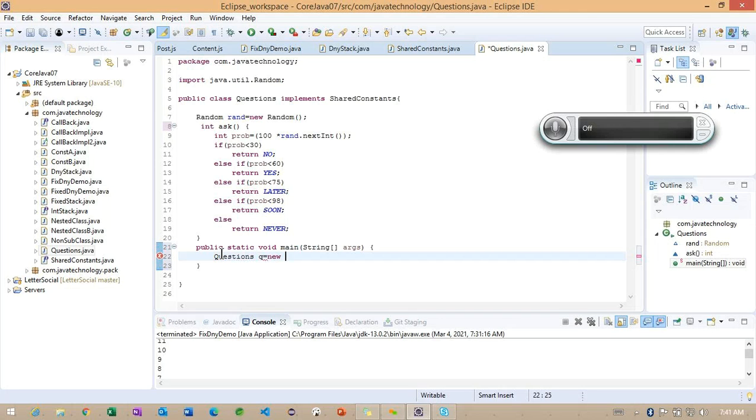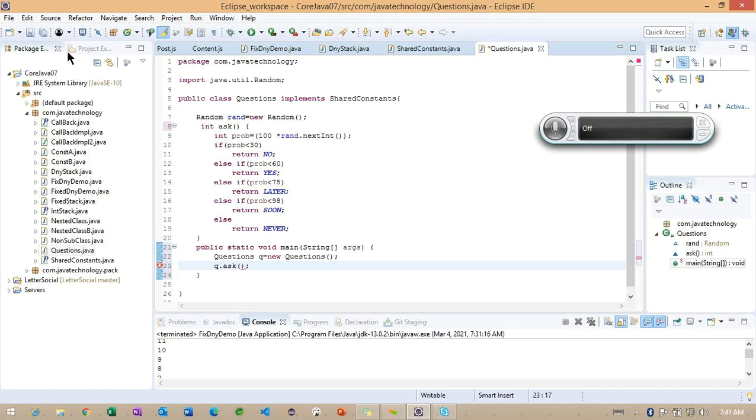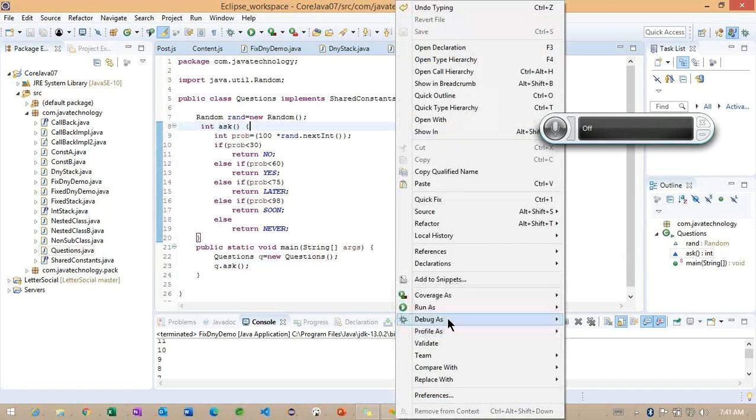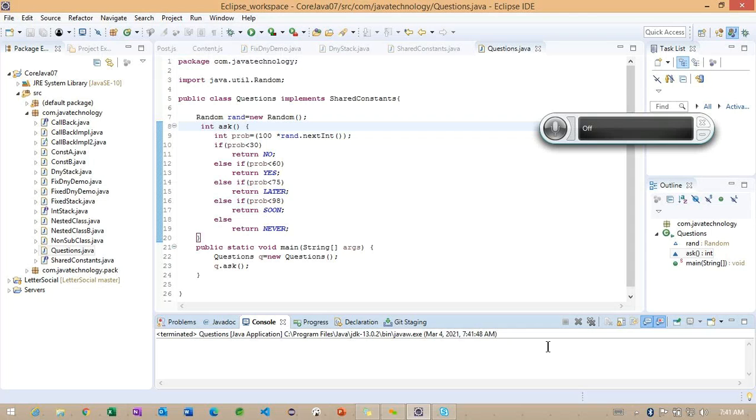Q is equals to new question, Q dot ask. So we'll see which condition is going to satisfy. No condition is not satisfied. No condition is not satisfied.